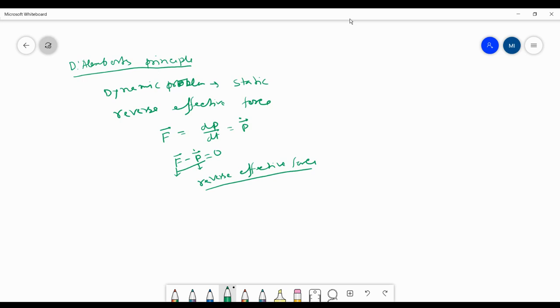Now applying the principle of virtual work to this, we can say that, suppose this is for a particle i, then applying the principle of virtual work, we can say that Fi minus Pi dot